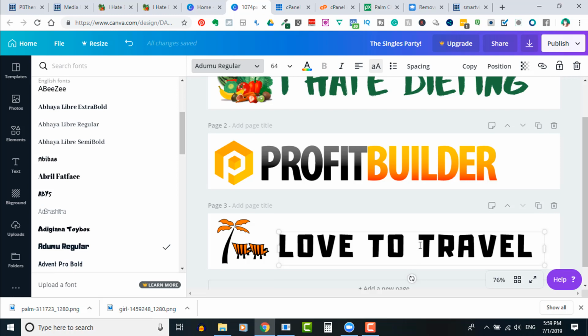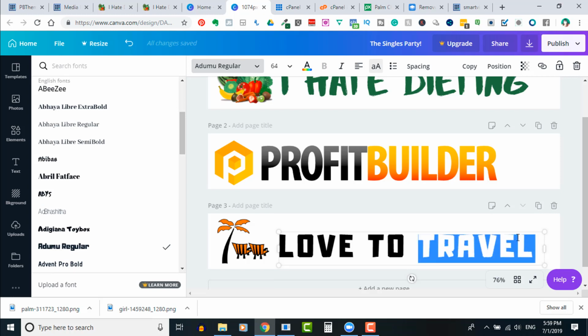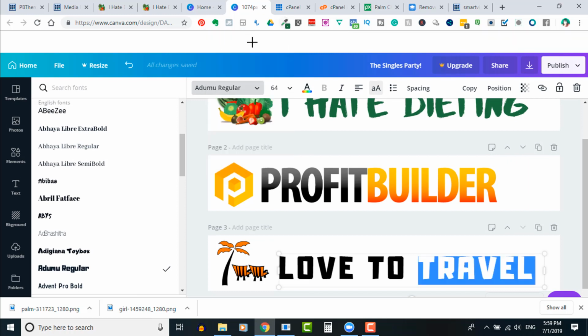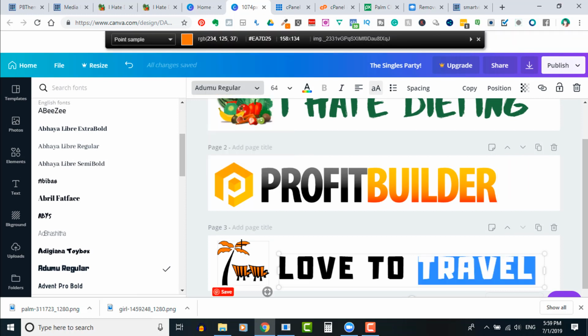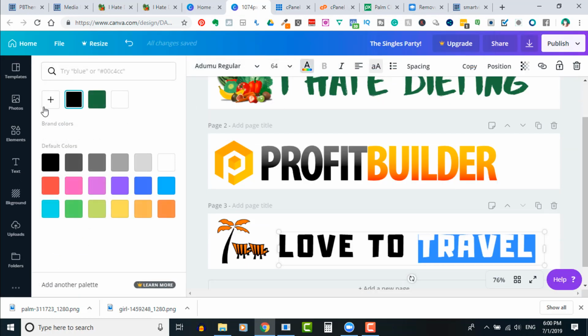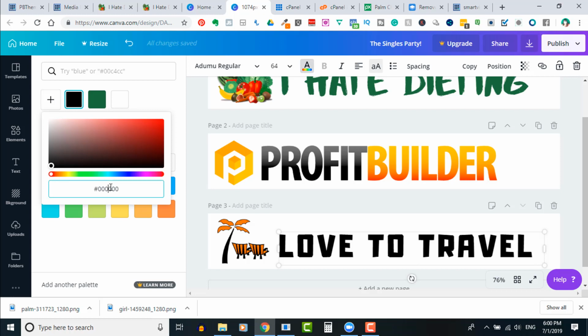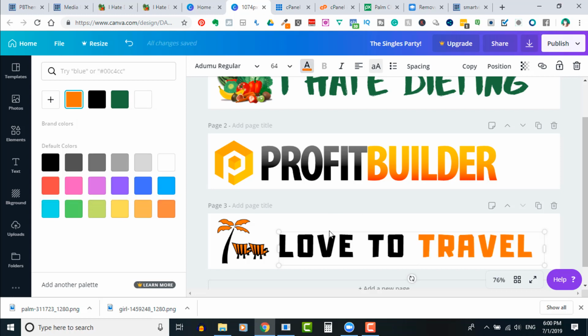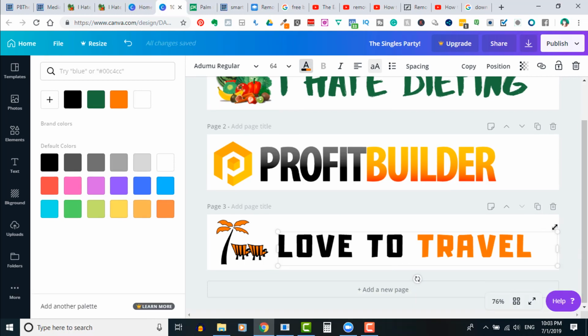And let's change the colour of this one. What we can do is, I've got the Colorzilla Chrome extension up here, so if I click that, active colour picker, and I'll pick up that colour there from the logo. So that's copied, and then I'll go to here, add, and I can paste that in there. That was quite good. So when you've got it to how you want it, make sure it's saved up here,